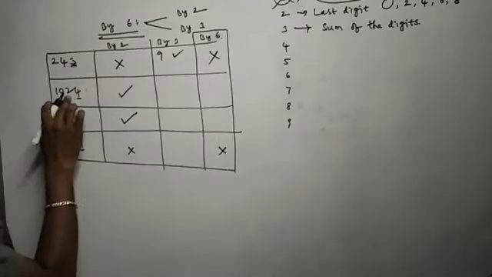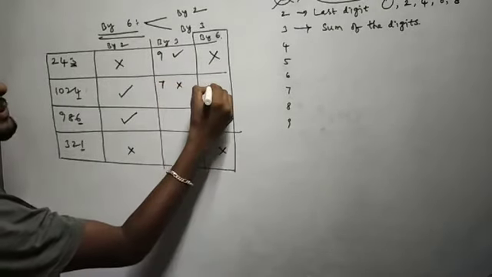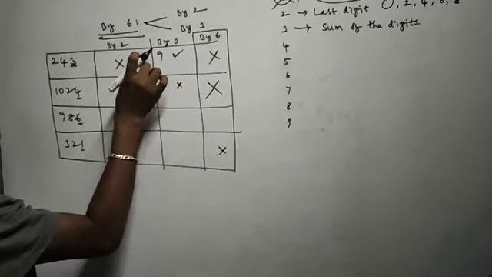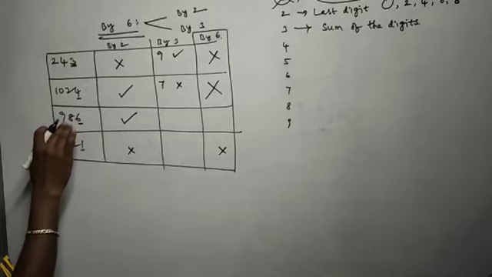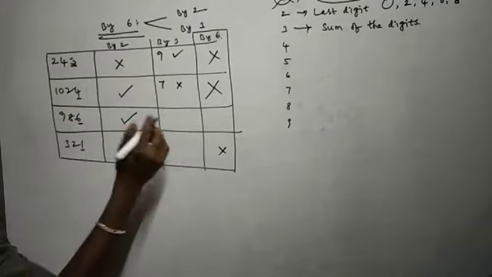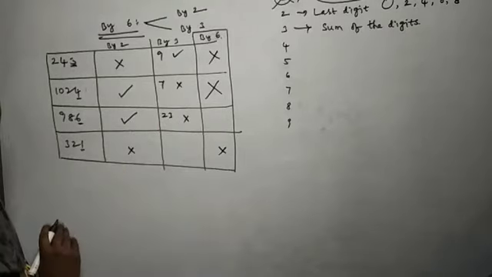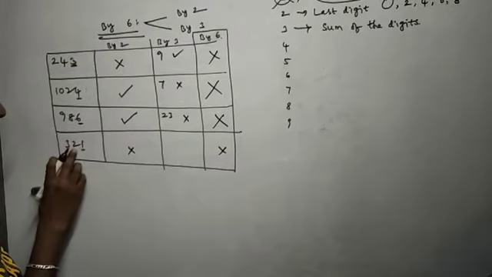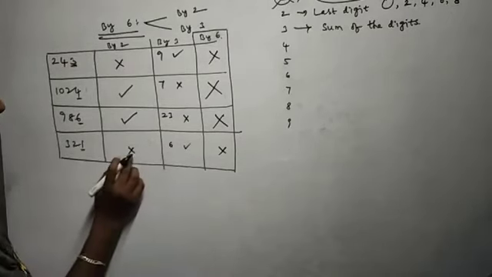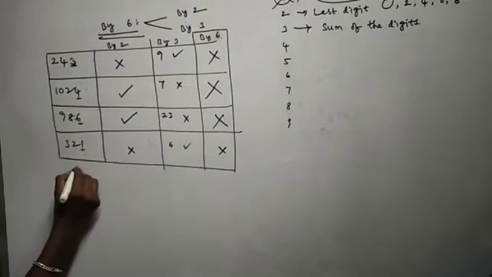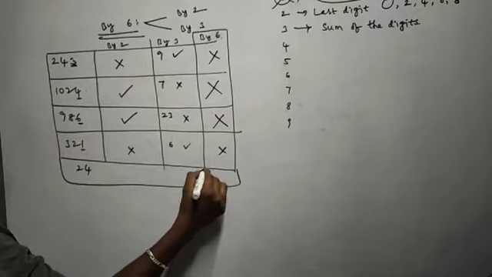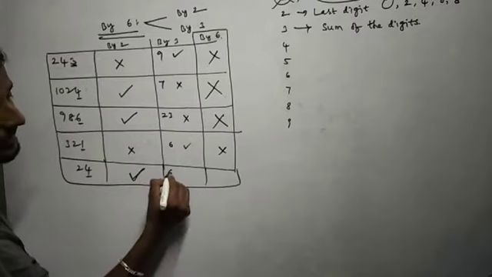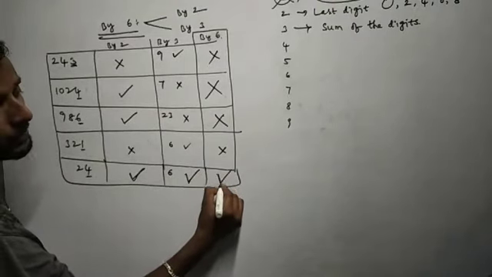Next, 1 plus 2, 3, 3 plus 4, 7. 7 is not divisible, so it is also not divisible because in both one of the marks is wrong. Okay. Next, 9 plus 8, 17, 17 plus 6, 23. No, not divisible. So here also not divisible. Next, 321. 3 plus 2, 5, 5 plus 1, 6. But even by 2 it is not divisible, right. So 24 I am taking. One more example, 24. Yeah, last digit 4. So by 2 divisible. 2 plus 4, 6. By 3 also divisible. So it is also divisible by 6.